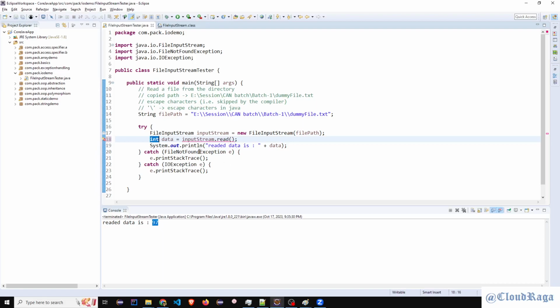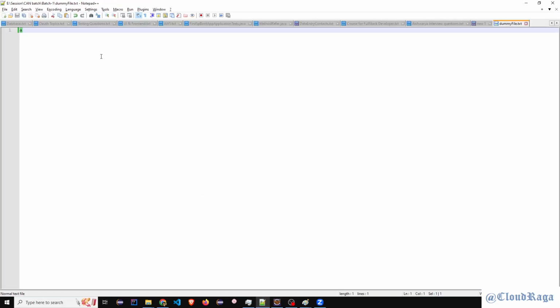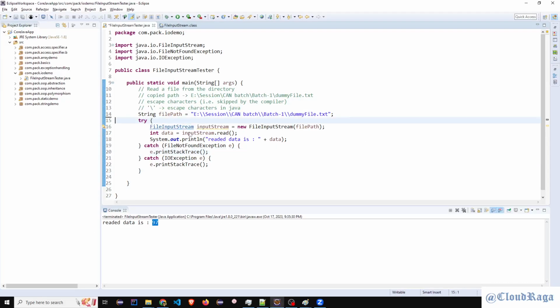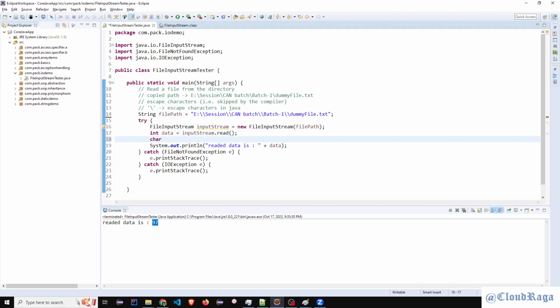So till here it's fine. We can say okay, read returns an integer. That's fine. I'll keep that value in an integer variable. But the idea is to print that in the same way it is stored in the file. So I'll go back to this data and say char data in character, that's my data type, equals, and I'll cast the data in int type to char.